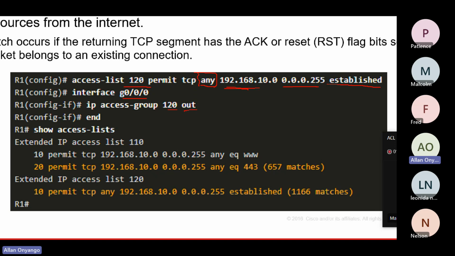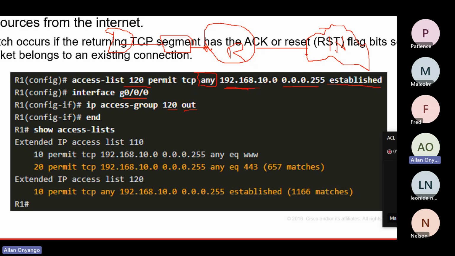And this can be very confusing. If this is your router here, this is the internet, okay? This is internet, and your router is connected to the internet. So this is your router. And then there's, of course, a switch here, and then there's a PC right here, okay? So if you had pinged a device in the internet and the ACL was put on this interface, maybe this is interface